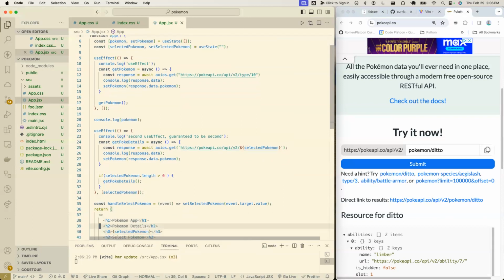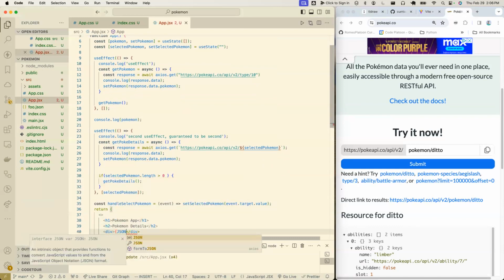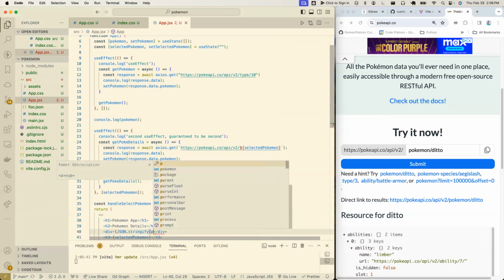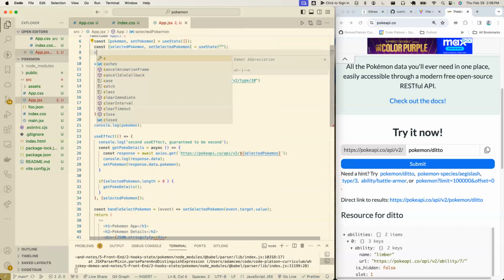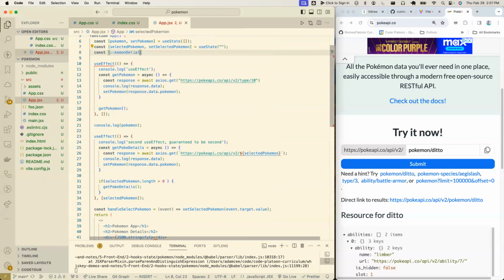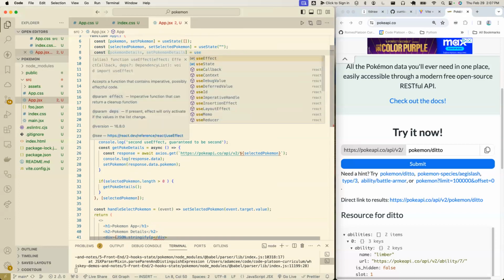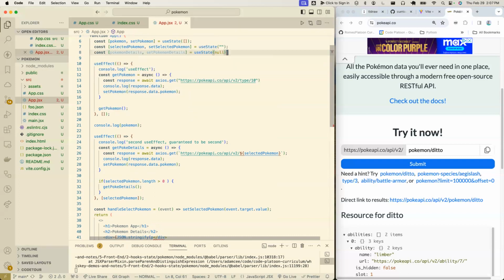And just as a rough test, let's just make a div and let's do something like JSON.stringify. Well, the last step here is I don't want to change this, right? I need one more bit of state. And let's call this pokemonDetails, setPokemonDetails. And I'll set this one to null by default,